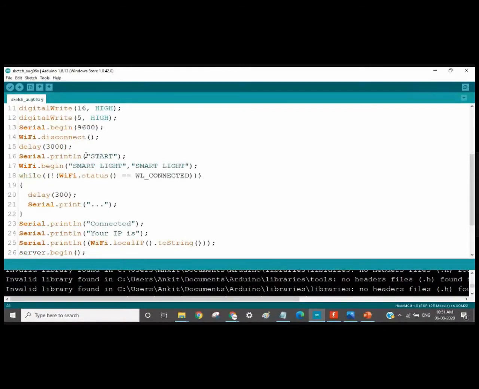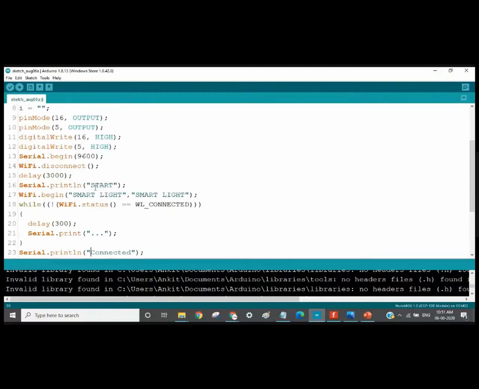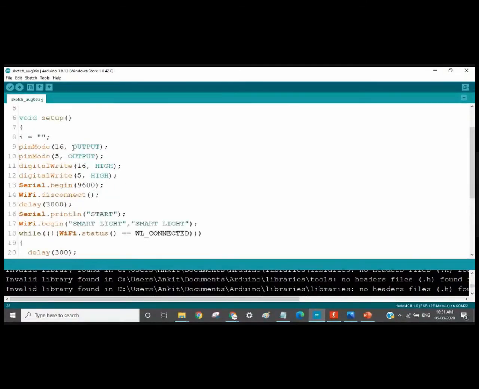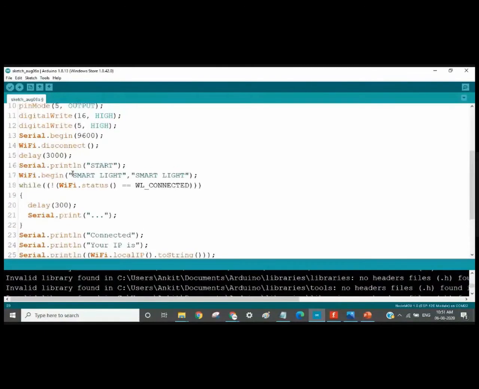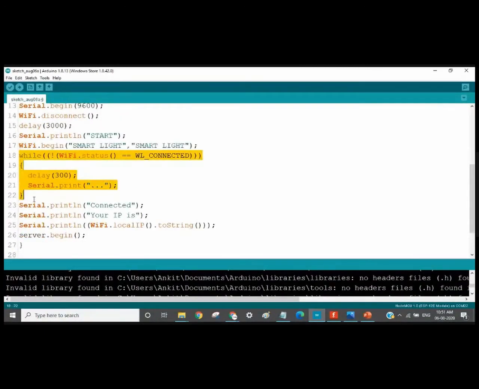So I'll explain the while loop again, as Puneet said that he wants the while loop explanation again. Here we can see that from line number 18 to 22 is the while loop. What it is doing is checking whether the device is connected to the Wi-Fi or not. Here I am giving the credentials of the Wi-Fi to which it has to be connected. It will take some time to connect. It will not connect instantaneously. When you switch on your mobile's Wi-Fi, it doesn't connect instantaneously. It requires some delay, so to provide that delay, I am using this while loop.